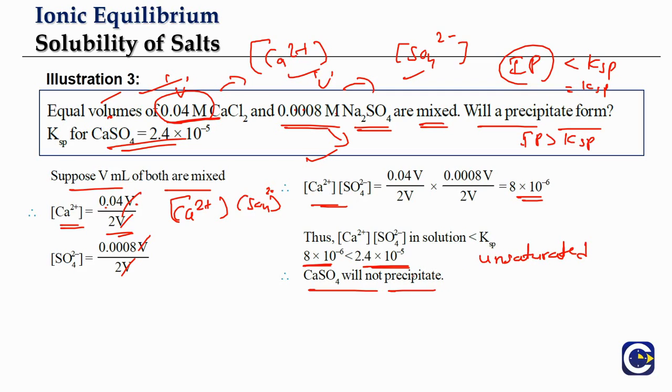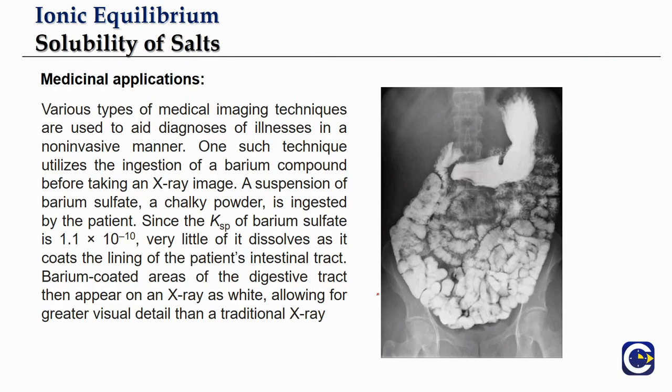So how do we find whether a precipitate is going to be formed or not? We check it by using the KSP and ionic product comparison. Clear? So these are the kind of questions we can expect on the relation between ionic product and KSP in terms of the applications. Now this formation of precipitate is used widely, not only in medicinal applications but also in cases like the treatment of wastewater, etc.